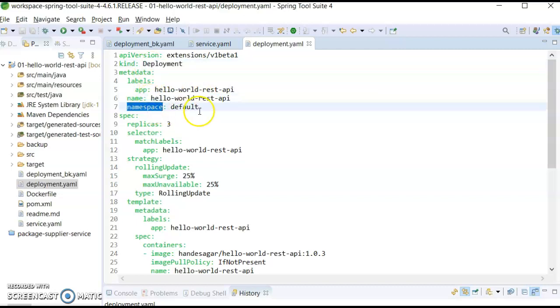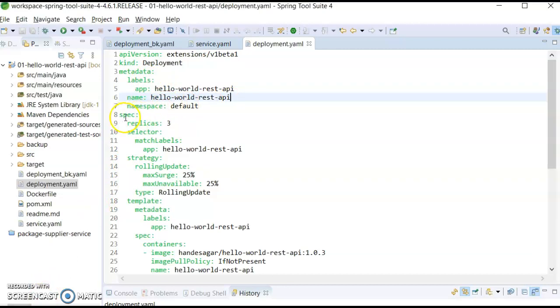Then, namespace. In this case, we have not created any namespace, so the default is assigned to the namespace. But whenever you work on an actual project, different teams will have their different namespaces. It is basically used to isolate the deployments. Then labels. Labels are key-value pairs that you can attach to Kubernetes objects, for example pods, nodes, deployments, and so on. And then you can identify these objects using selectors. We will see how you can use the label in selectors, or how you can identify these objects in a selector.